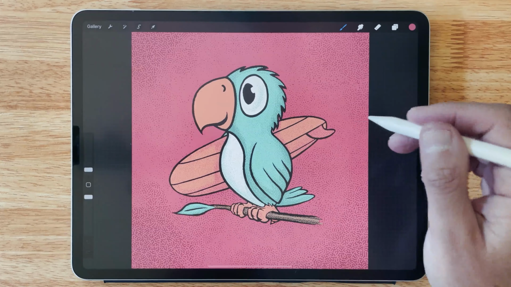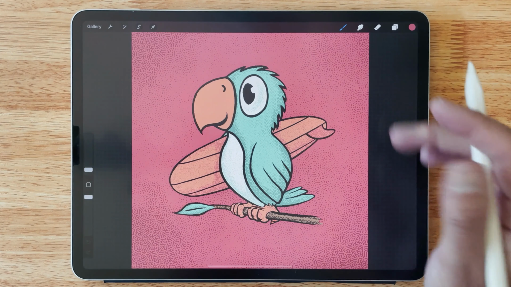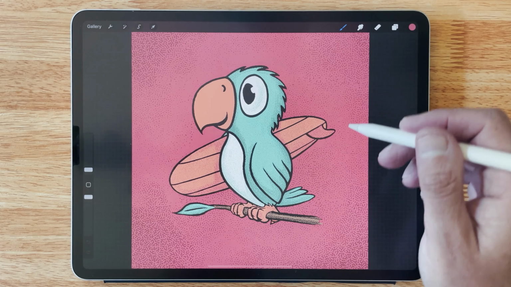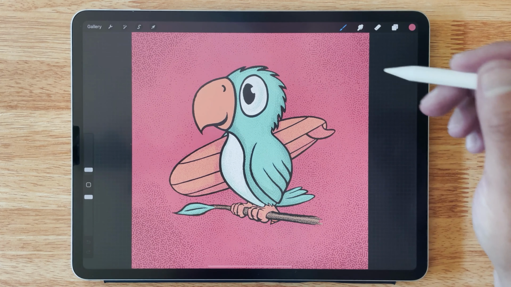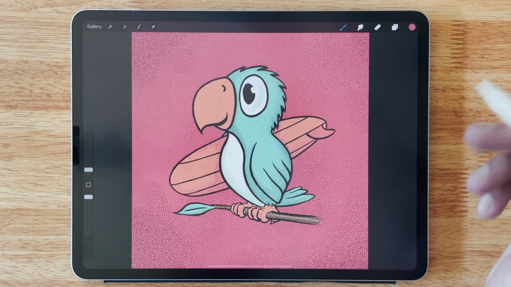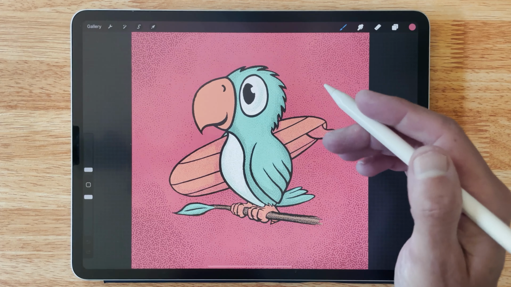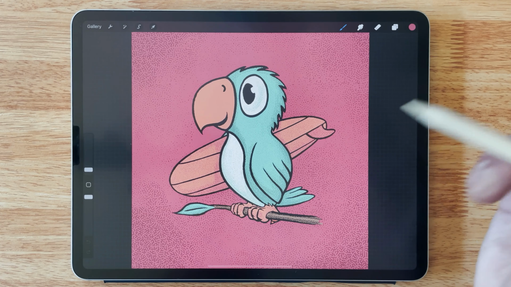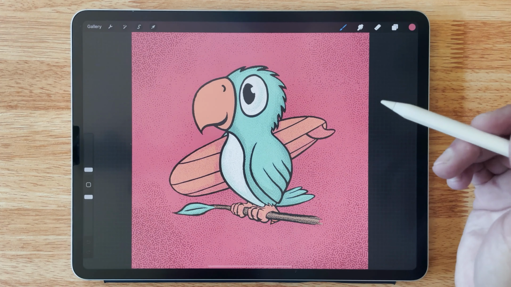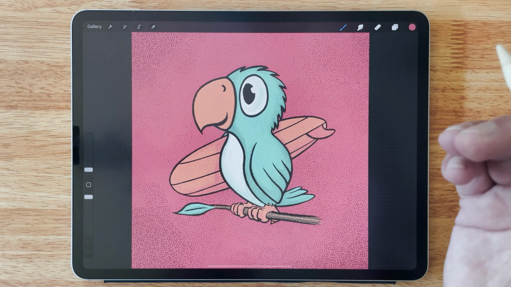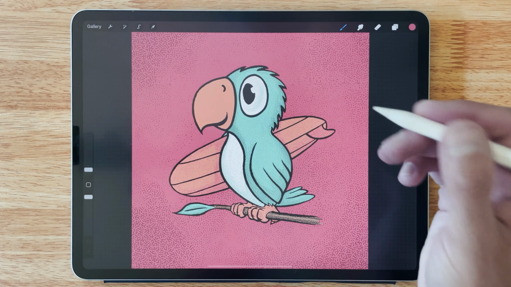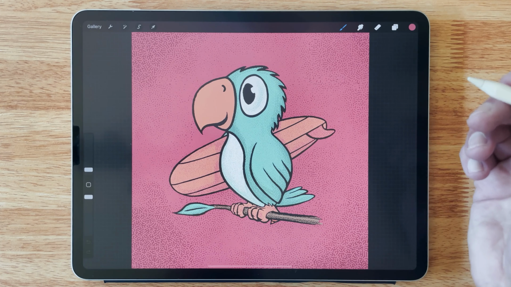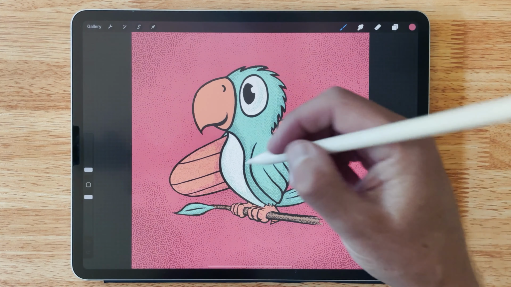I had some questions about the soft top textures, which I just released a few days ago. These are textures for Procreate, Photoshop, and Affinity Designer and Affinity Photo. I'll probably be releasing a version for Adobe Illustrator and Corel Draw, but these will be more like pattern tiles instead of brushes. So right now these are brushes, they're pressure sensitive brushes. So if you have a drawing tablet, an iPad, a Wacom tablet, something like that, you can paint these textures